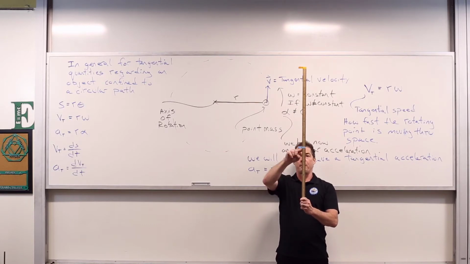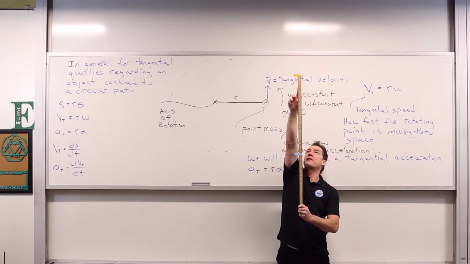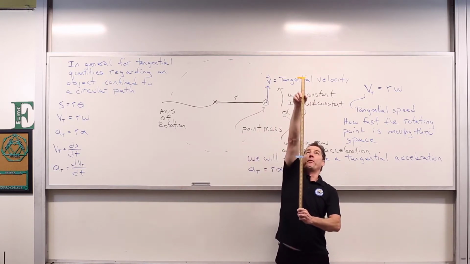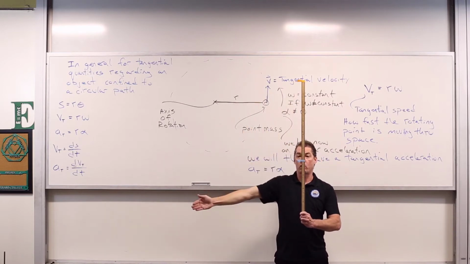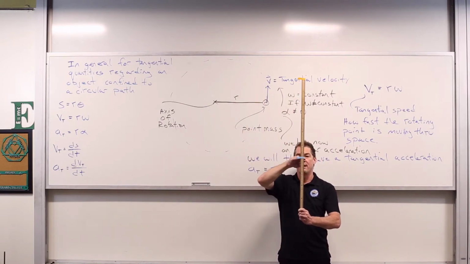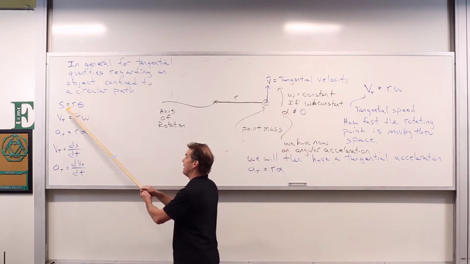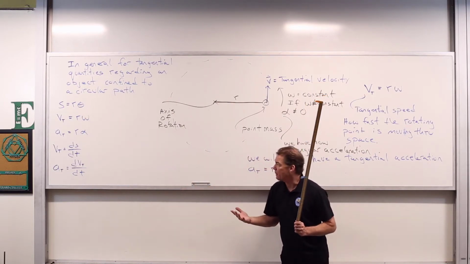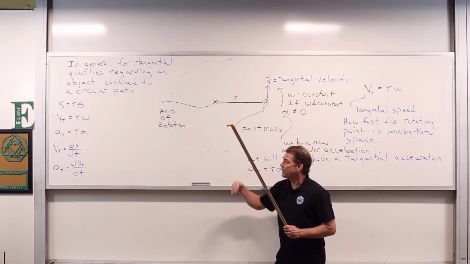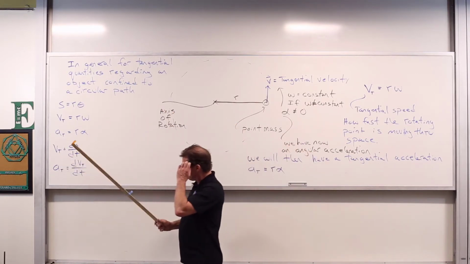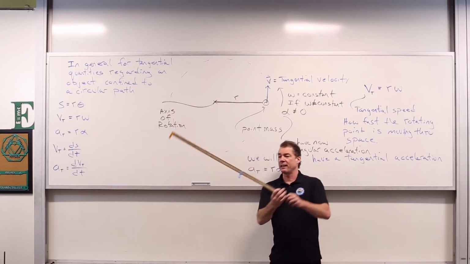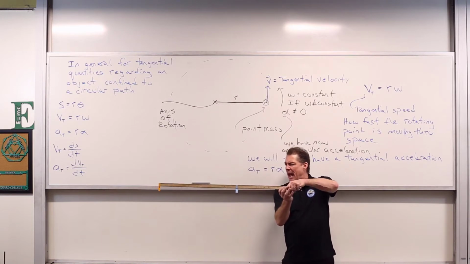Well, the radius for the blue tape is much, much smaller than the radius for this orange piece of tape. And if we think about a quarter of a circle, this one moved through a much greater distance. A quarter of the circumference for a much greater radius than with respect to this one. So there's definitely a difference in the arc length that is correlated with the angular displacement. Now likewise, because there's a difference with those, and tangential velocity is the rate at which the arc length changes with respect to time, we can look at this. Even though everything has the same angular velocity,